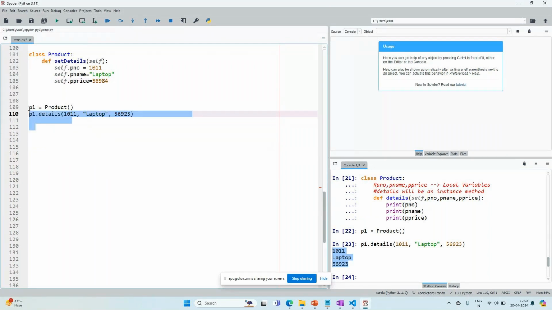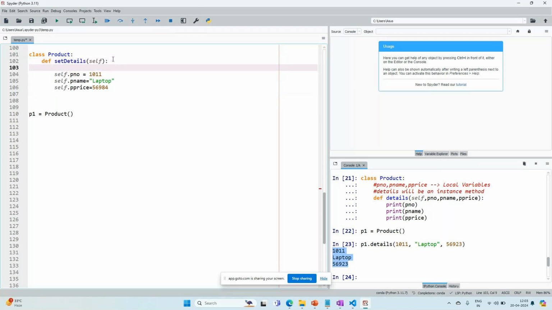Now, what is the advantage of this? Generally, for example, if I use something like P location, let's say P location, I'll say Hyderabad. Just a sample I'm saying. Now, if you observe here,